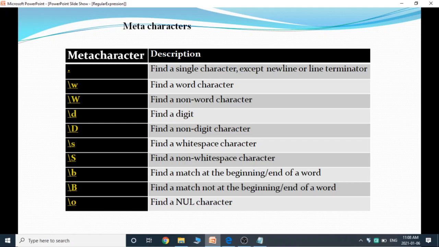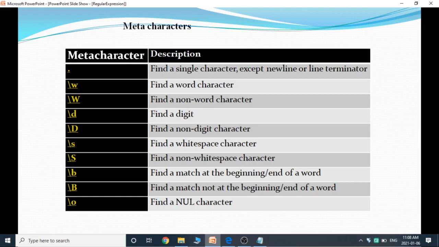If I place the meta character dot, then it will find a single character except a new line or line terminator. If I want to search for word characters, then I use slash small w. For non-word characters, we use slash capital W. If I want to find a digit, then go for slash d.